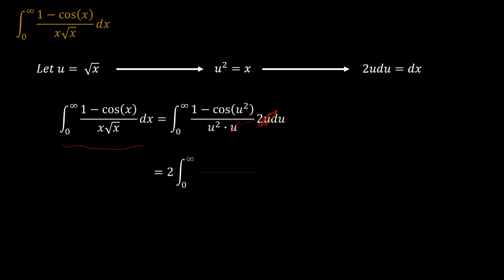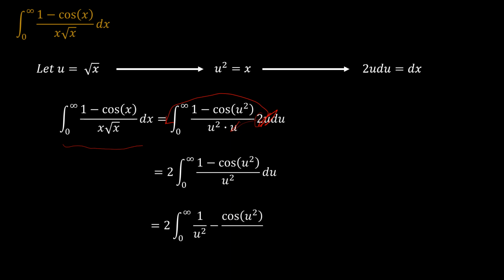And eventually, since we pull these two out here, we have the integration from u equals 0 to infinity of (1 minus cosine u squared) over u squared. We can separate the numerators so that we have now 1 over u squared minus cosine u squared over u squared. Since we have this integral from x equals 0 to x tending to infinity of 1 over u squared minus cosine u squared over u squared, we can now express this integral